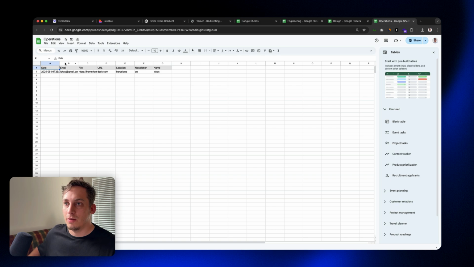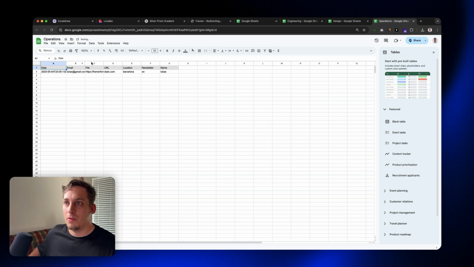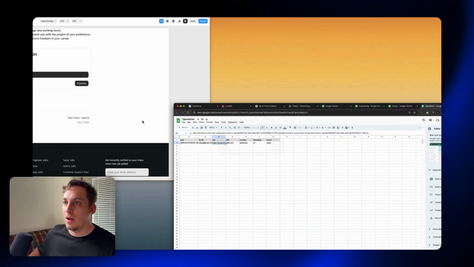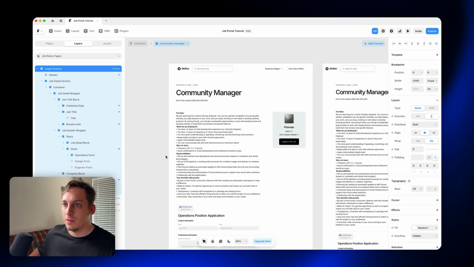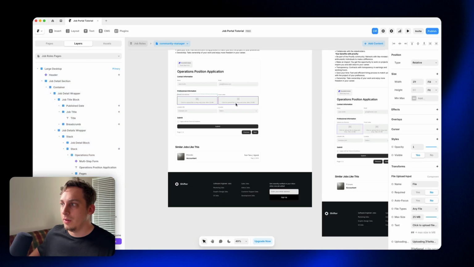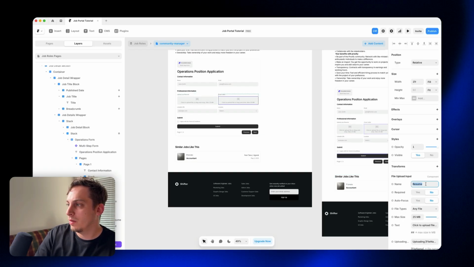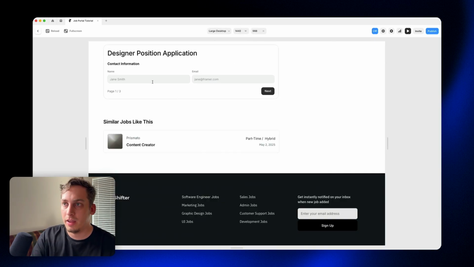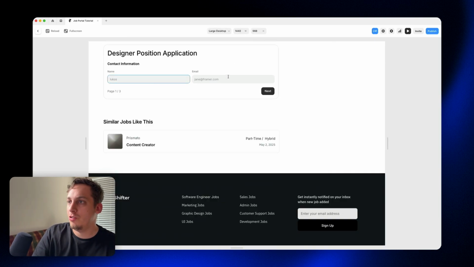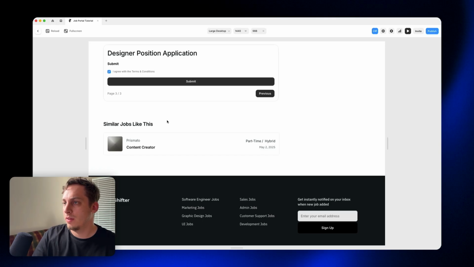So we get this over here, we get date, we get the email file. We get one file because I guess they're named the same. So that's something that we do have to kind of correct. So this should be called resume. This should be called, for example, what was it? Cover letter. So now if I try again, I'm just going to put some random information, click on submit, and